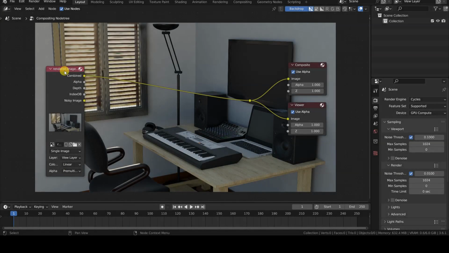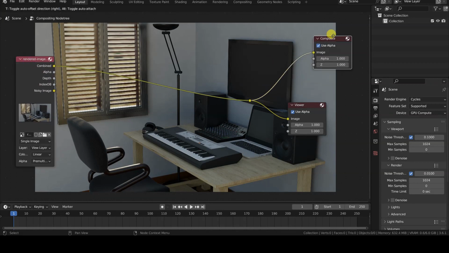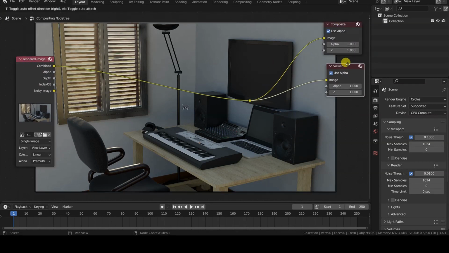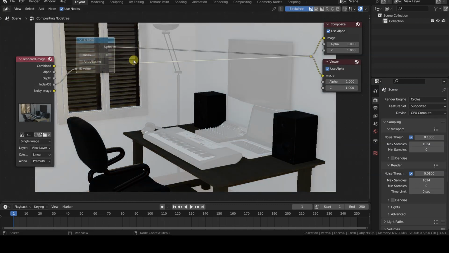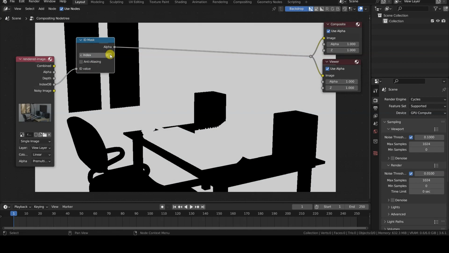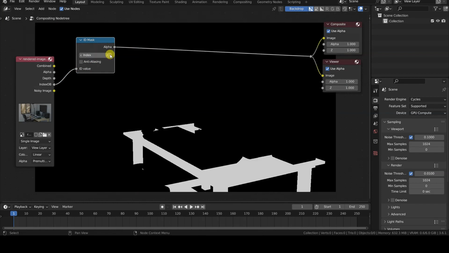Hello everyone. In this tutorial, we will learn how to save the render passes of our renders into an EXR file and then open these very files and modify them in compositing. Specifically, in this example, we will explore how to retrieve the mask of an object from a rendered image using the IndexOB information channel to modify some of its characteristics in compositing.